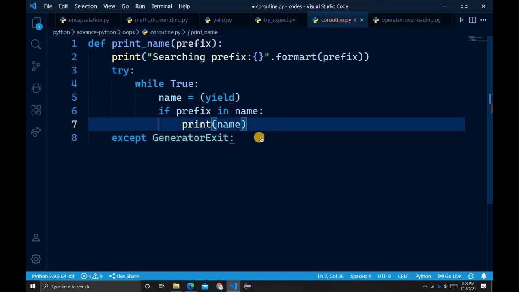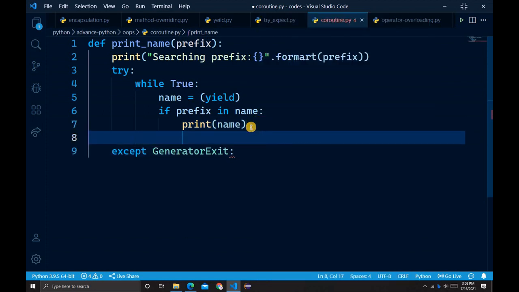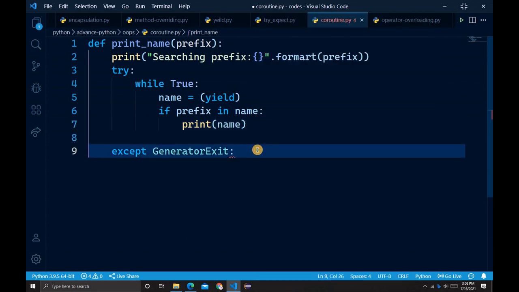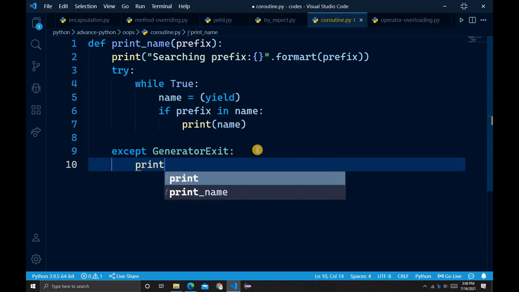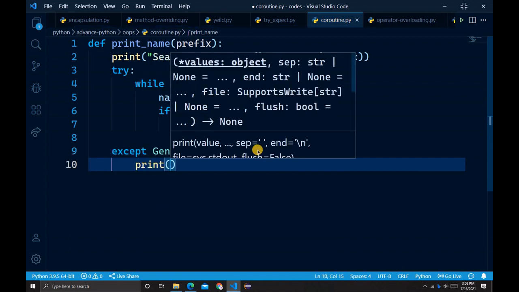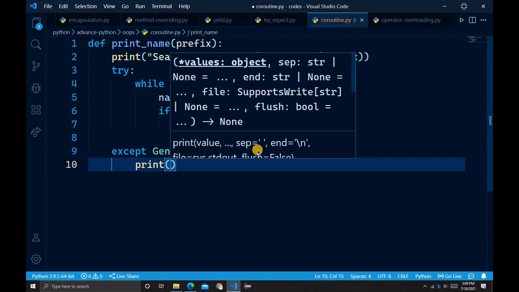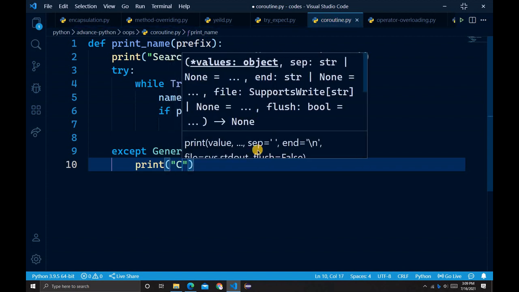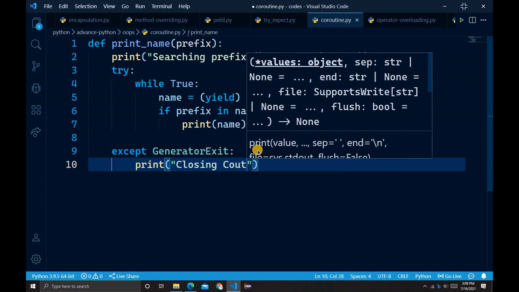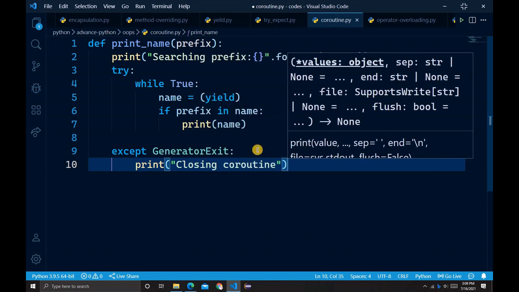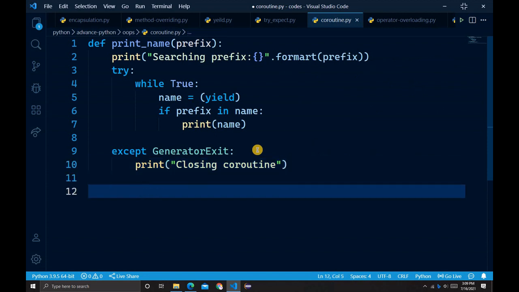Let me add a space here to make this readable. Then we have to type print "Closing coroutine". Then we first of all exit from this try except handling, and from the function, which is print_name.